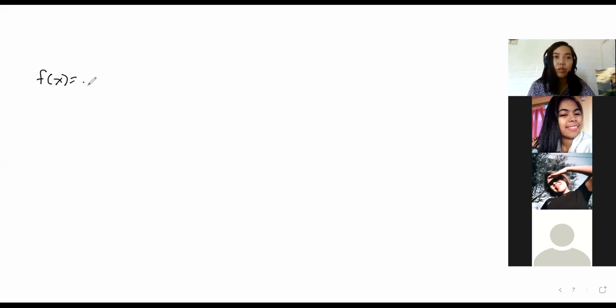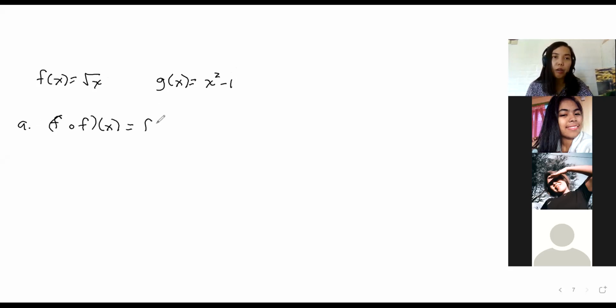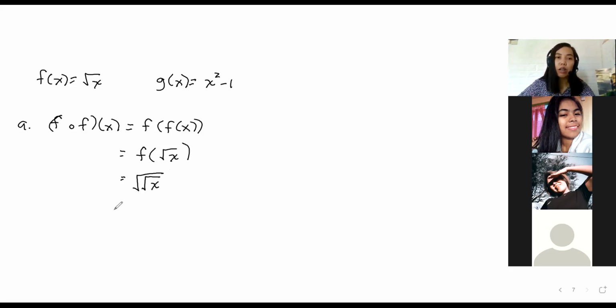So f of x is equal to square root of x and g of x is equal to x squared minus 1. So let's find f composite f. F composite f of x means f of f of x. So you will have f, and then f of x that is equal to square root of x. You're going to plot this in f. So you will have square root of, and the value of x is the square root of x. Square root of x plus, that is